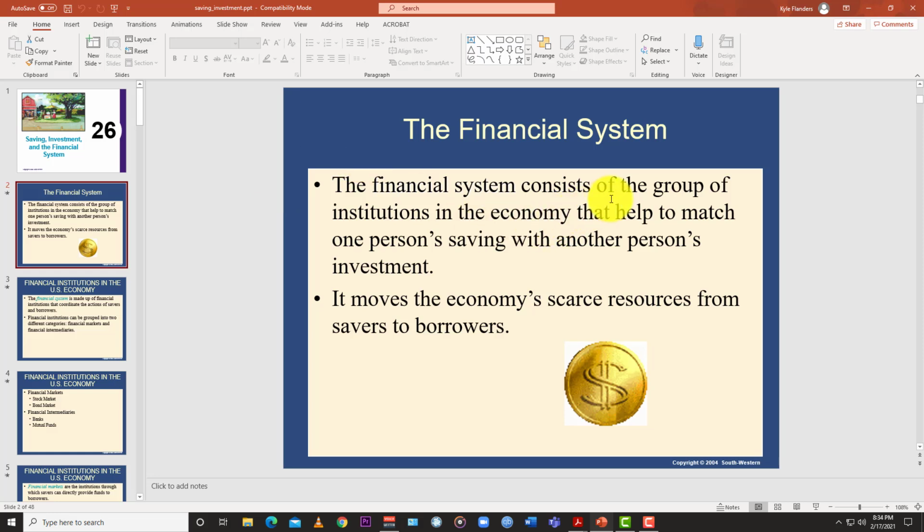The financial system consists of the group of institutions in the economy that help to match one person's savings with another person's investment. It moves the economy's scarce resource from savers to borrowers. So that's a rough understanding of what the financial system, the financial sector, is. It's that mechanism that brings the borrowers and the savers into contact. So it channels the financial instruments for the savers,